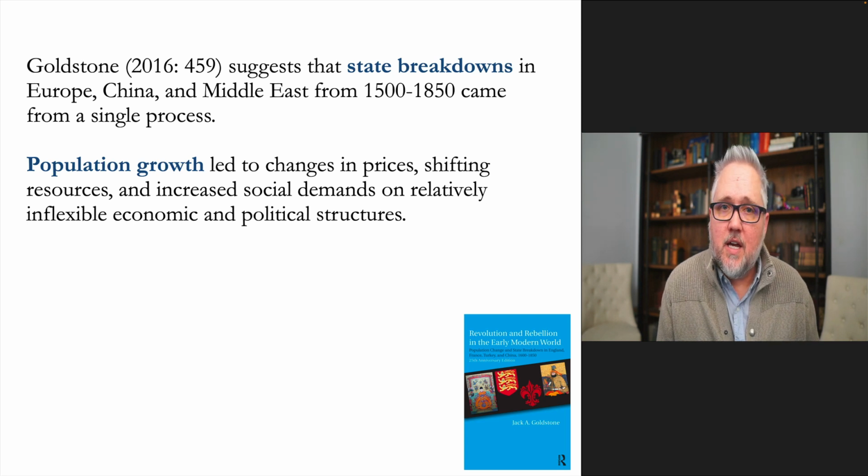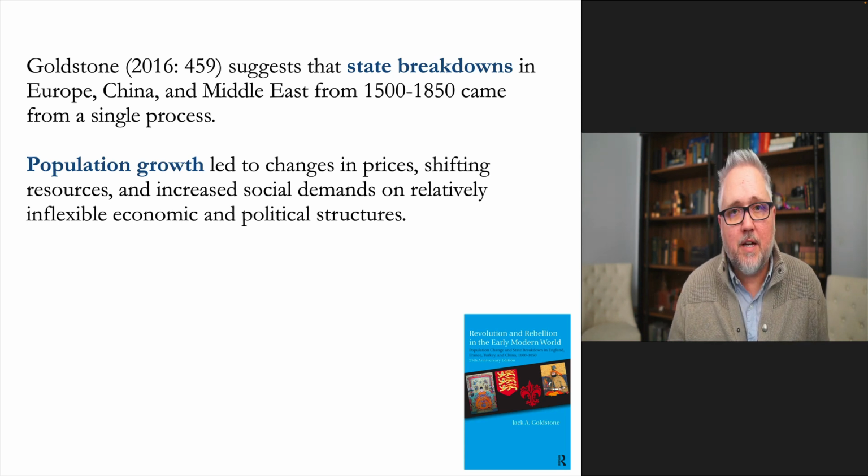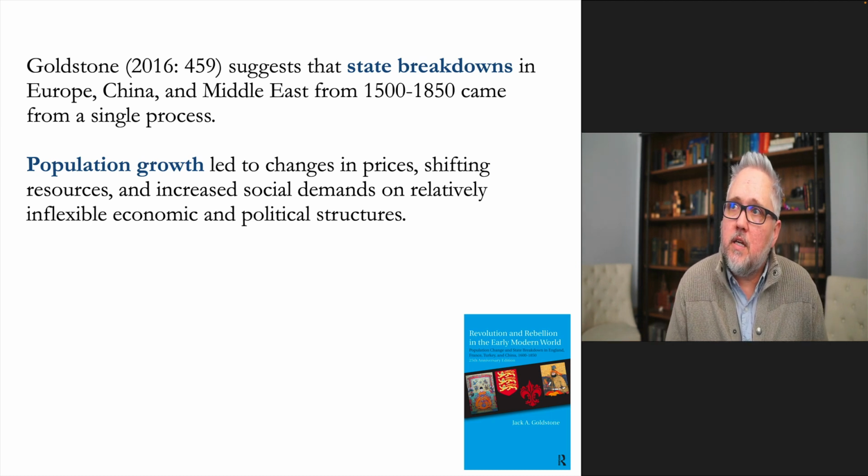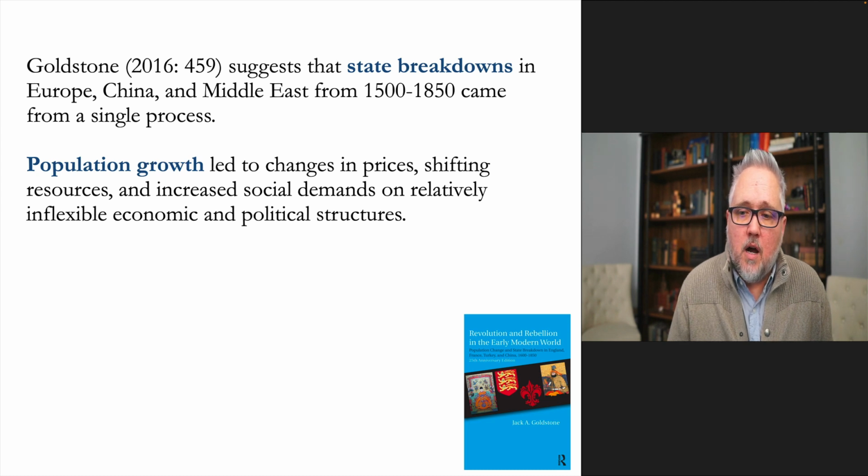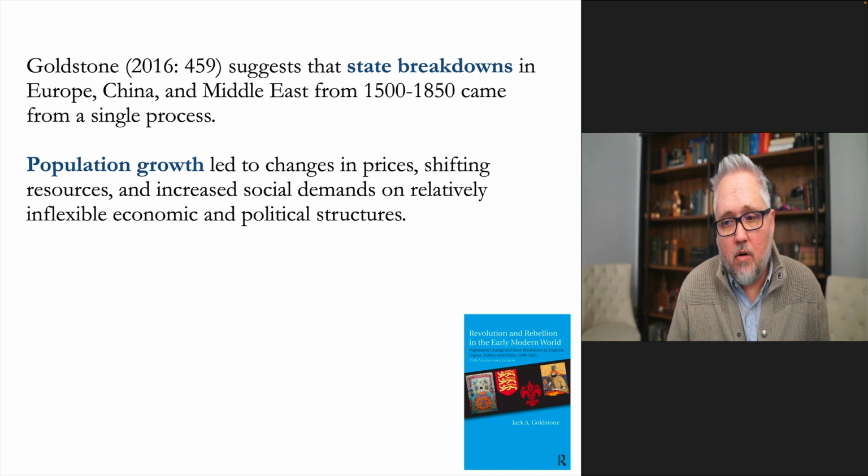I think he really does some interesting research, kind of like with the Max Roser graph earlier, in which you look at wider swaths of history and historical trends to try to understand to what extent we are living in similar or different times than the ones we often look at just in the post-World War II era. In this book, Revolution and Rebellion in the Early Modern World, he suggests that state breakdowns in Europe, China, and the Middle East all came from a similar process connected to population growth, which led to changing prices for goods,